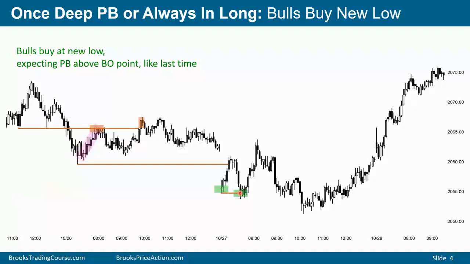Another new low. Bulls will buy either with a limit order at the prior low and scale in lower if need be, or they'll buy on a reversal up, especially a micro double bottom. We went down and then a doji bar, down again and trying to go up, micro double bottom here.